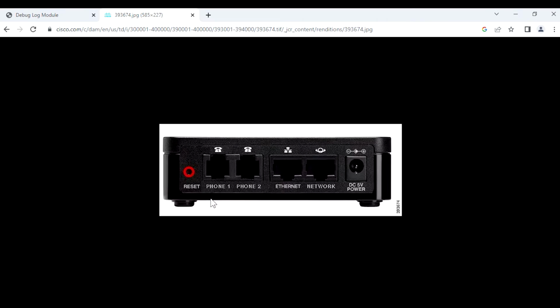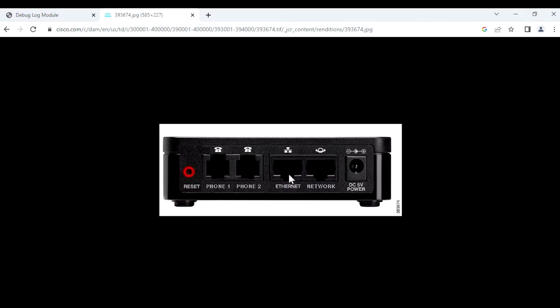I'm going to click on this, and you notice it says Ethernet. So the 192 acts as a mini router. So you still plug in the network port to your network, and the 192 will get a DHCP address. This is assuming this is using kind of the default settings. You haven't configured static. It would get a DHCP address on this port, but to manage the actual ATA192, you would